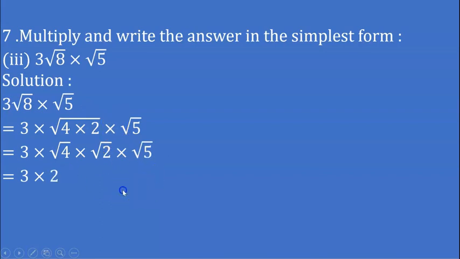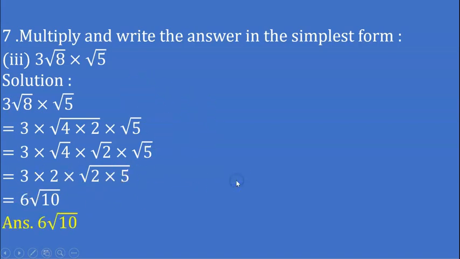Root of 4 means what? 2. That is 3 into 2 into root of 2 into 5. 3 into 2 means what? 6. Root of 2 into 5 means what? Root of 10. And hence the simplified form is 6 root 10. Next,